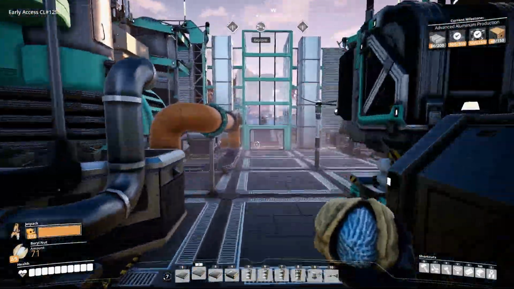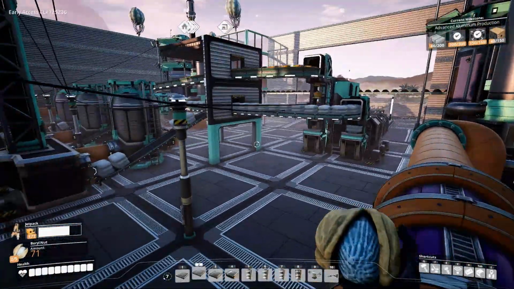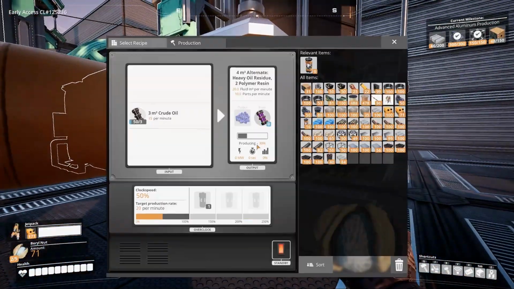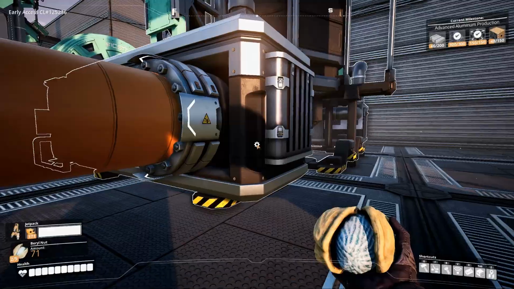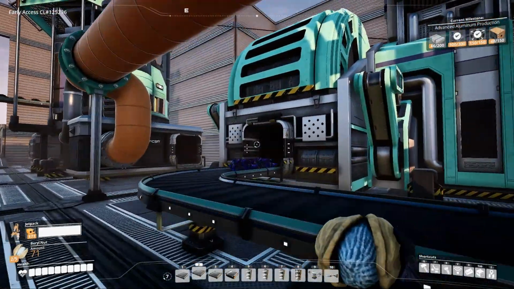And of course we need coke to make the refining process of making the aluminium scraps. And for that I've used my alternate recipe, but you could instead just produce rubber. It doesn't really matter. The only thing that matters for me right here is that this is a little bit more energy efficient, so I kind of like that. And it feels better to waste polymer resin instead of rubber. I don't know why. It would be better to waste rubber, I think, for the